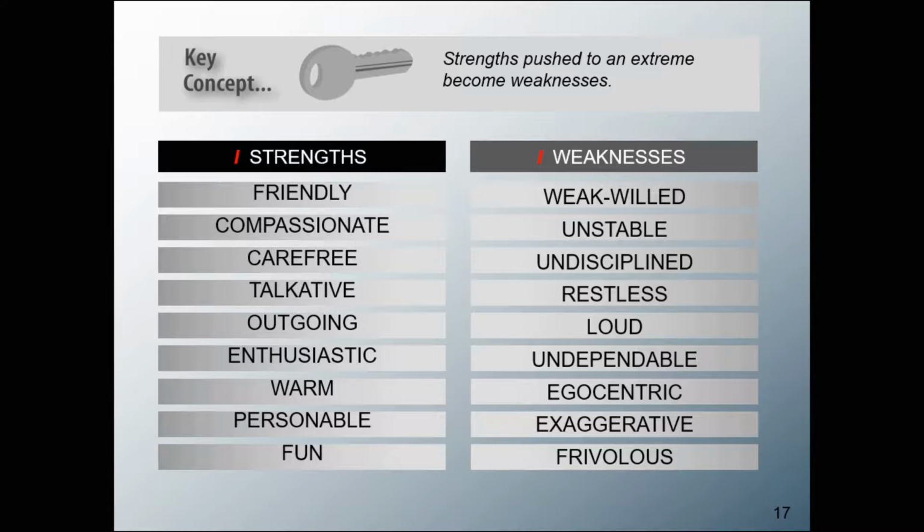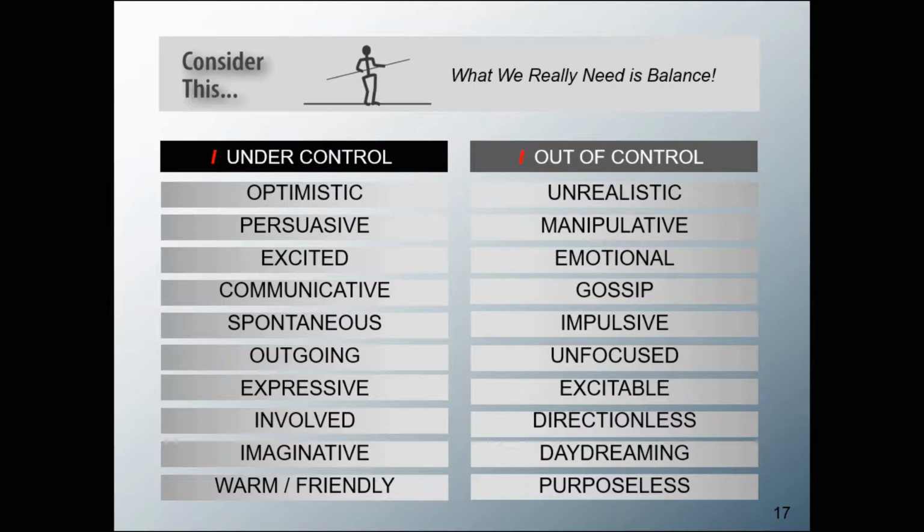So you have to be aware of that. If you have that personality, it's important that you understand this. Now, if you see a person having this behavior, it's also important to understand that this is not the way she is. It could be a strength that is out of control, out of balance.